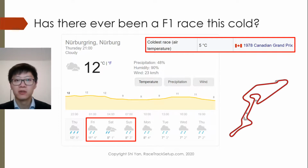So that actually brings us nicely to this weekend's Formula 1 race, and why I'm making this video on the Thursday night and not on the Friday. I'm predicting that the teams and drivers will complain about tire warm-up, because if you look at the weather forecast for the Nürburgring for this weekend, the prediction seems to be rain with quite low temperatures, and in fact the temperatures are so low on Saturday and Sunday that they might